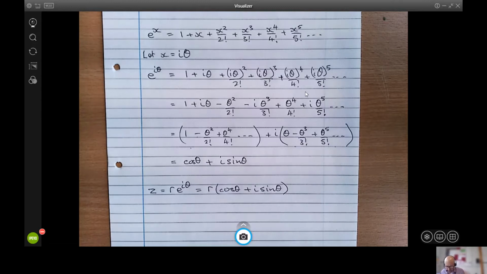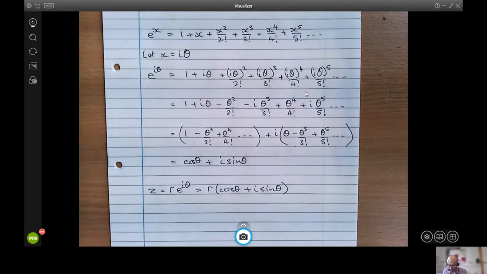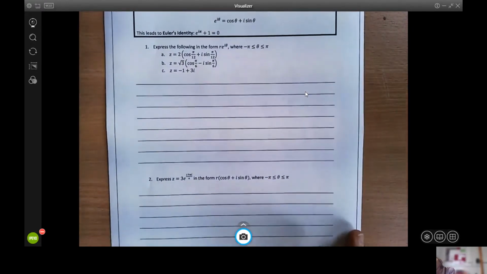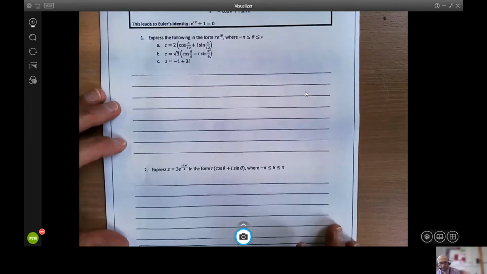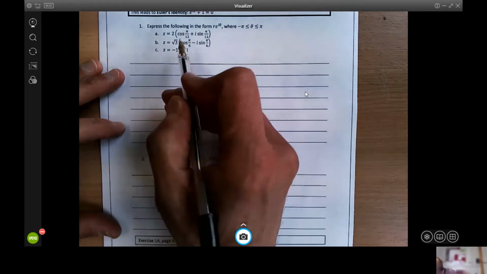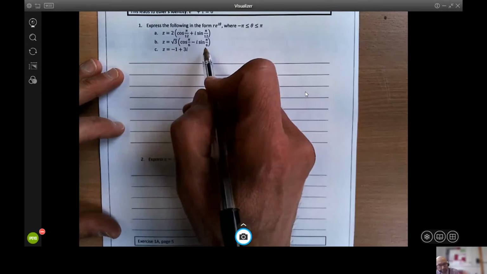What we're going to look at now is what use this is to us, or first of all, some examples of writing complex numbers in exponential form, and then we'll see why we are interested in that and what use it is to us. So if we look at the examples in the course workbook, question 1 asks us to write these complex numbers, which are in the first two cases in modulus and argument form,